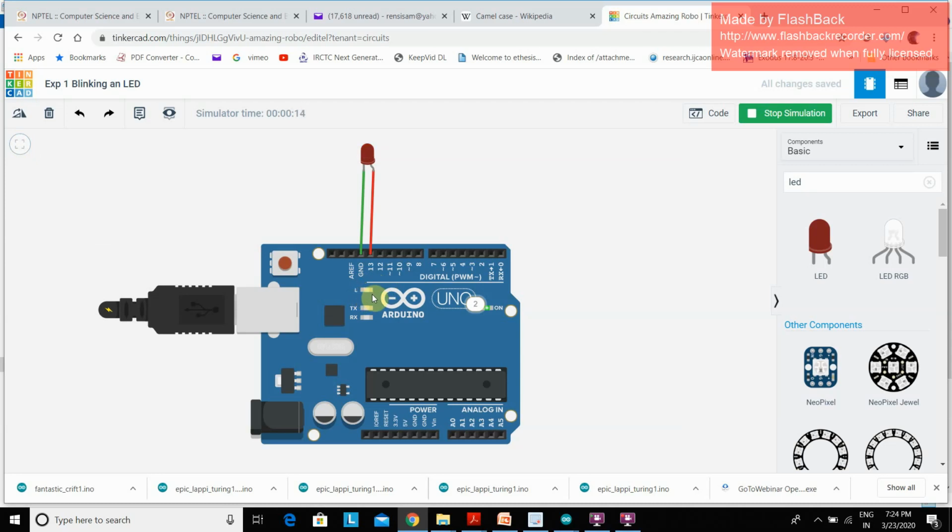It is getting turned on for 1 second and it is off for 2 seconds. Same is the case with this LED. So here also we can see the LED is getting turned on for 1 second and getting turned off for 2 seconds. So in this way you can do simulation of some circuits using this TinkerCAD software,